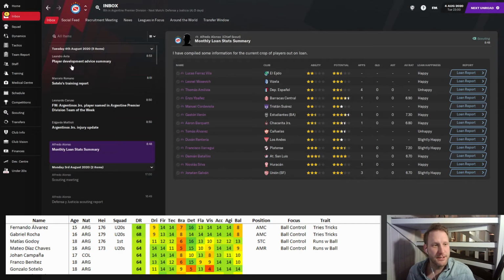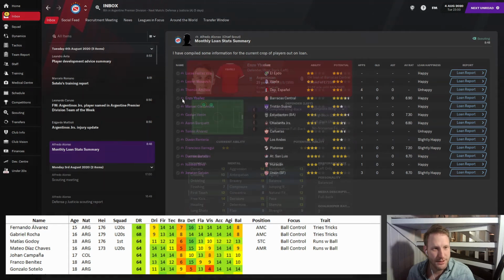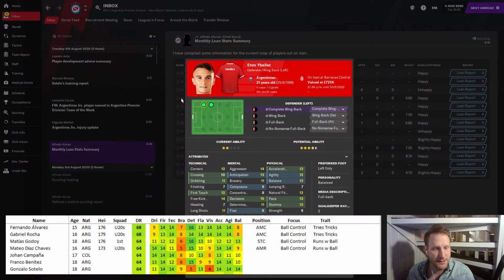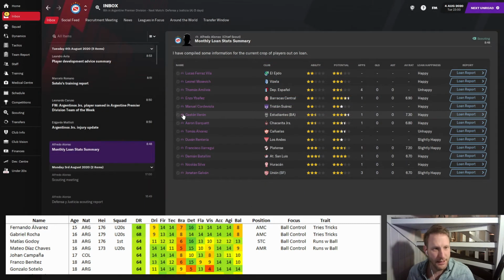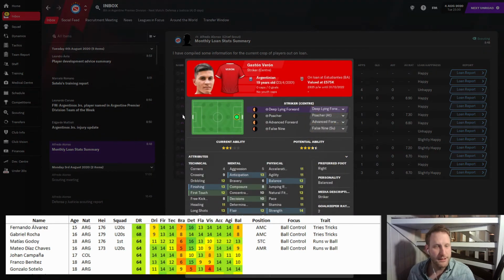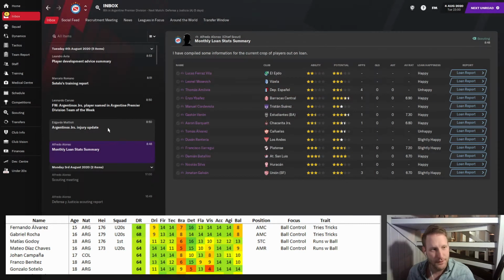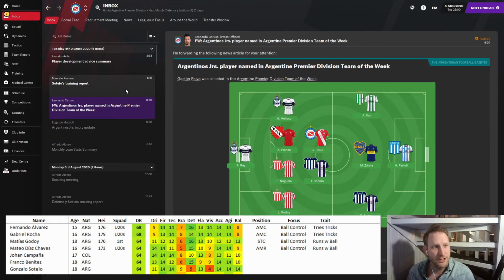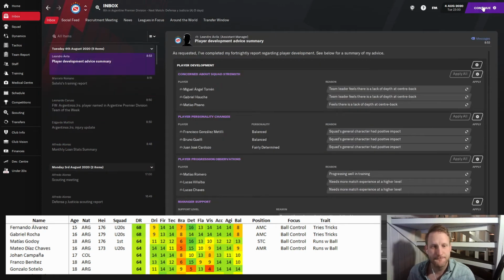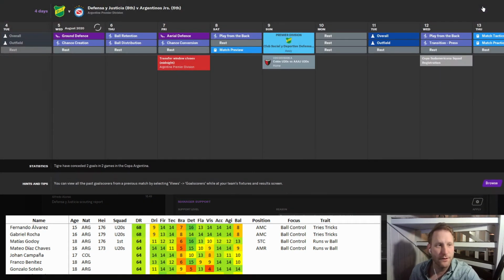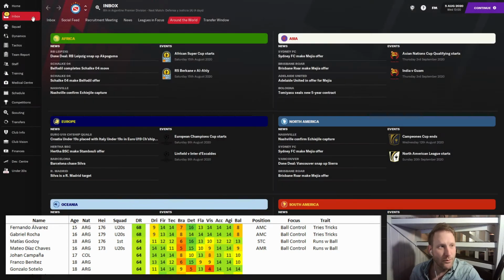Bit of Spanish guitar. I know we're not in Spain, but still monthly loan. So we have loads of guys away on loan. A couple of high potential ones. Enzo Ibanez looks okay. And Gaston Veron, 19 striker, looks okay as well. So loads of actually decent players in this squad. And we're going to see what we do with